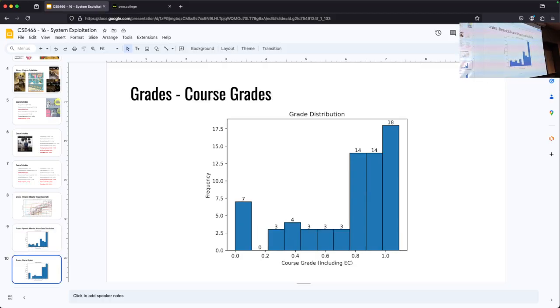However, since this course grade distribution includes extra credit, these are not bucketed at clear 10% increments, because I think the highest grade in the class is 108% right now. That is the upper end here, so each of these buckets is about 12%, give or take.